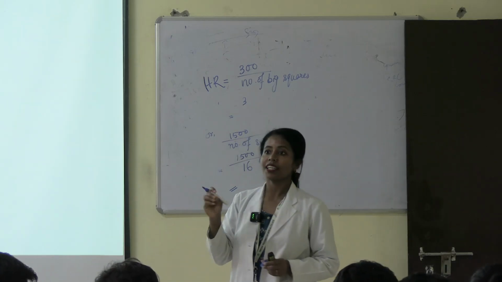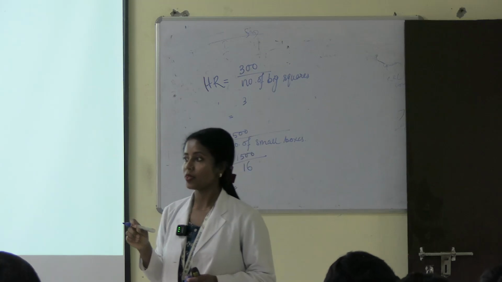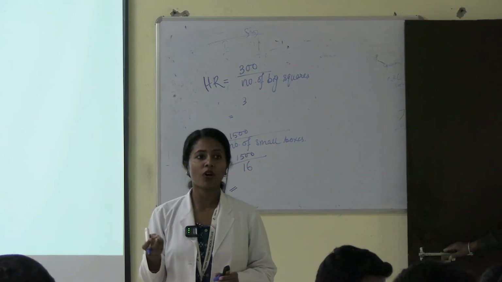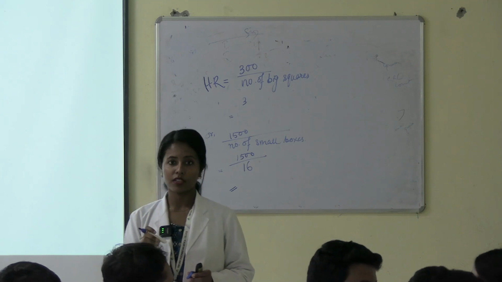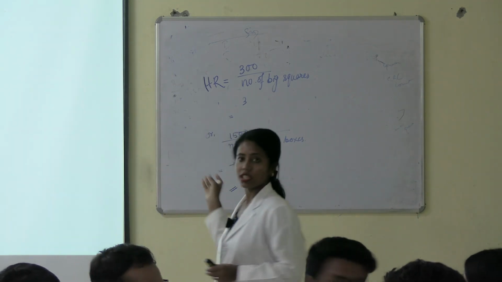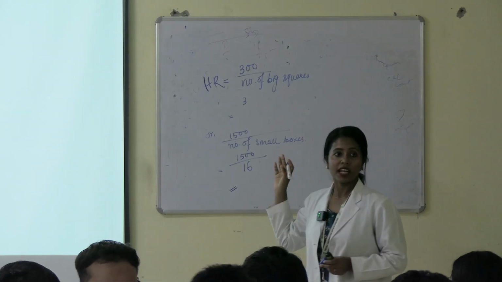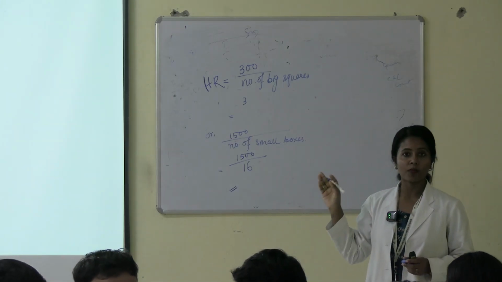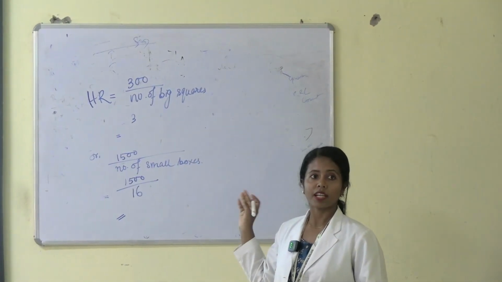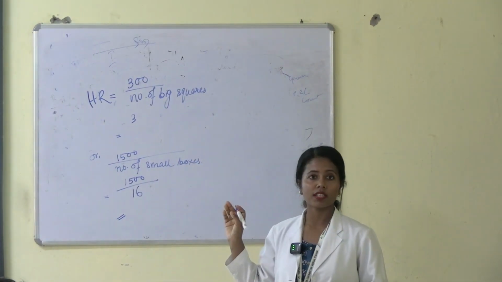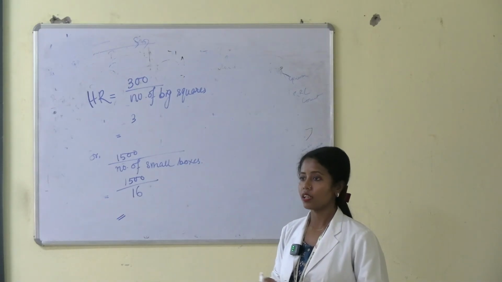So if you are counting the number of small boxes, that is more precise. You can go with the big boxes also, but counting the small boxes will be more precise. Okay, so you can use any one of the formulas. For the big boxes, it will be 300 divided by the number of big boxes. If you are counting the small boxes, it will be 1500 divided by the number of small boxes, in beats per minute. Okay, that will be the heart rate. Okay,